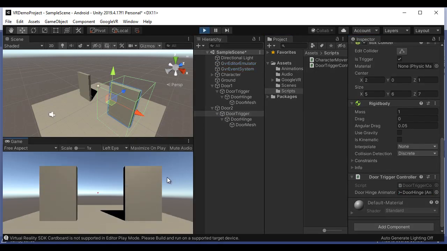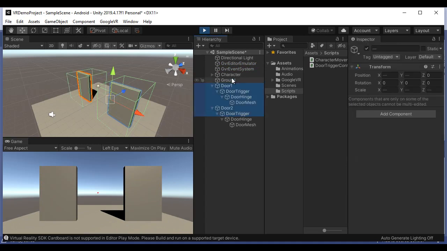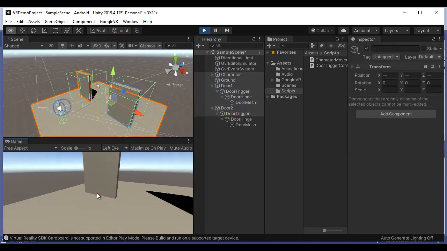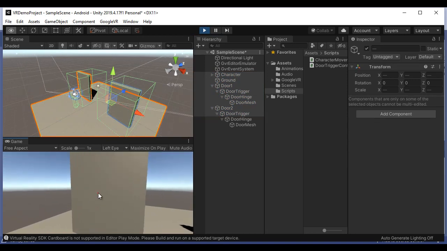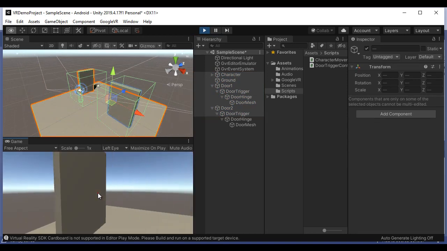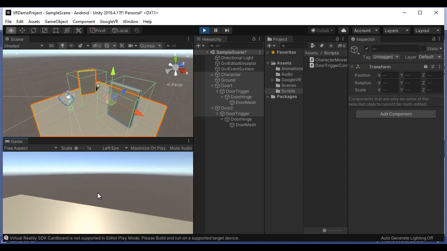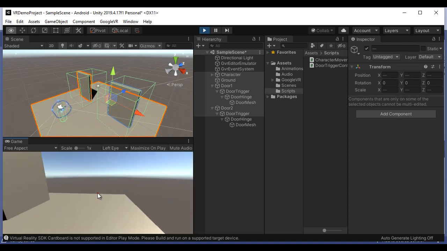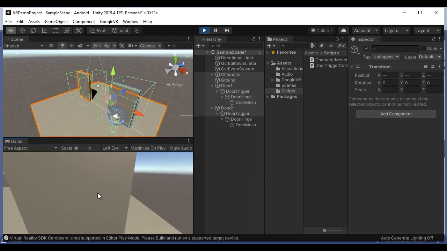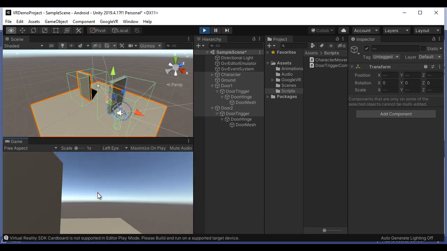Check out what happens. Let me select door 1 as well as the character. Now if I move to door 1, you see that the door opens, right? And when I come outside, door 1 closes, and let me go and enter door 2, right?